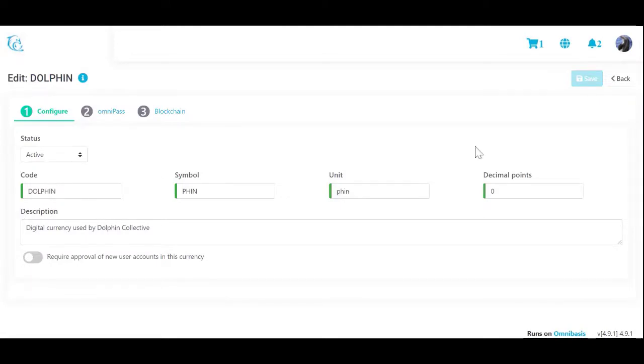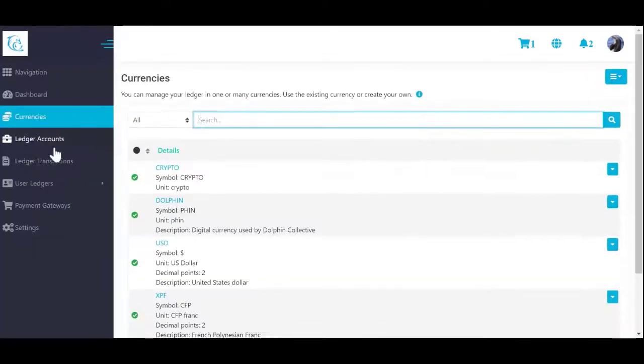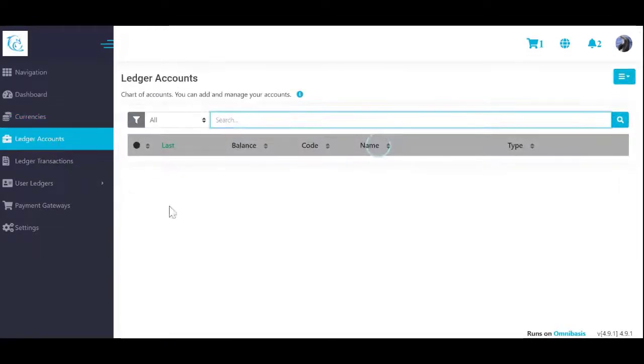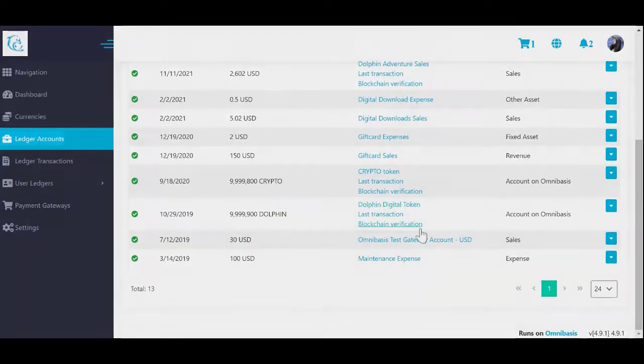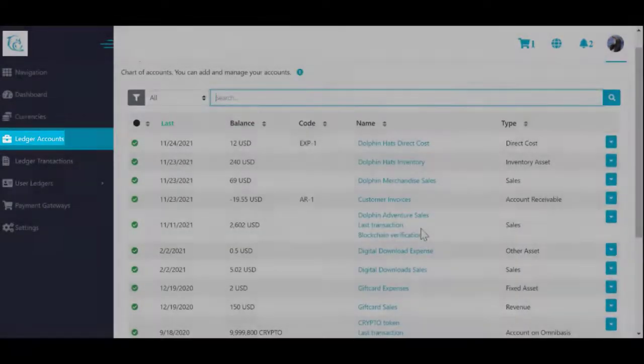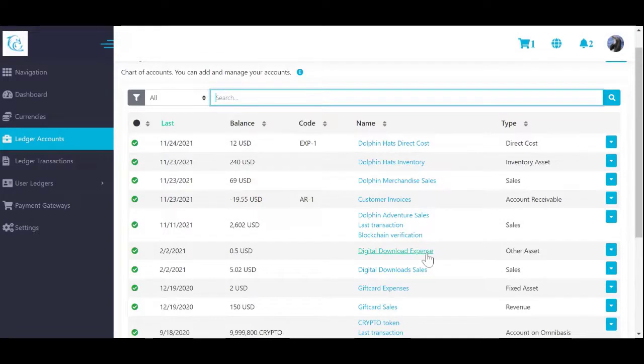Next, we will review our chart of accounts. Use the chart of accounts in Omnibasis to record and categorize your transactions and generate reports. To view your chart of accounts, navigate to OmniLedger, Ledger Accounts. From here you can